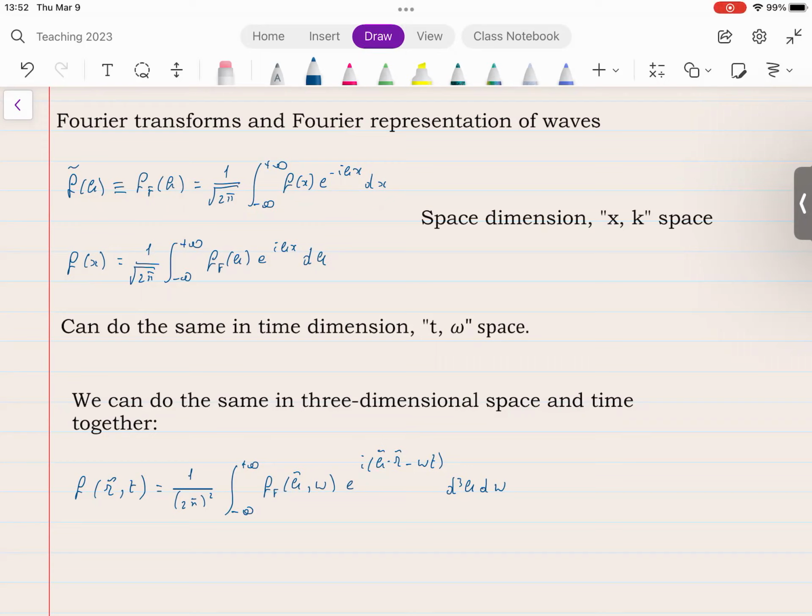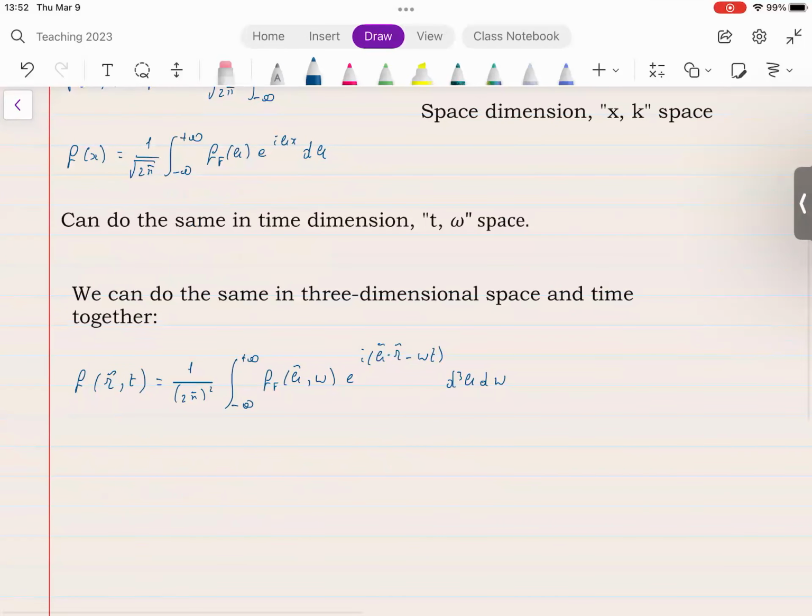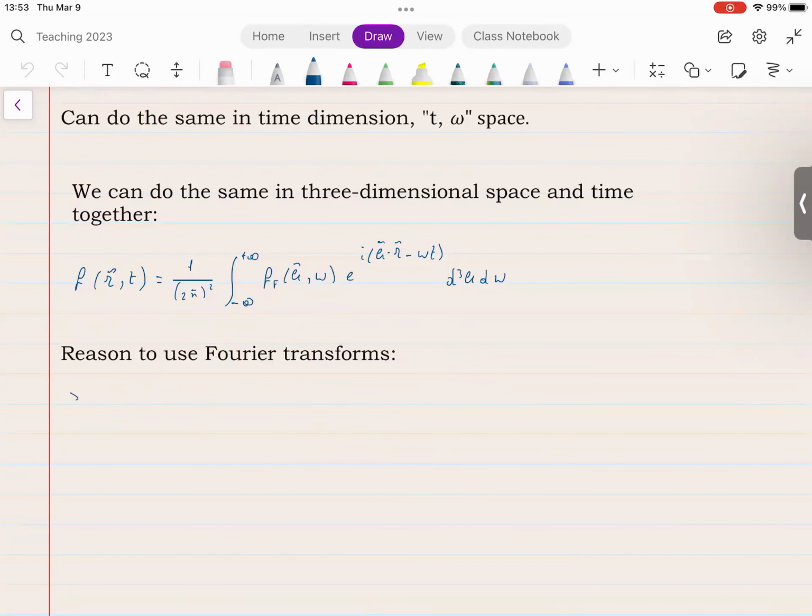Okay, now the advantage of Fourier transforms that you will already know of from other courses is the following, that derivatives turn into algebraic equations. In particular, the partial derivative with respect to time